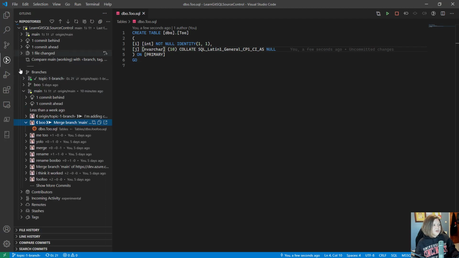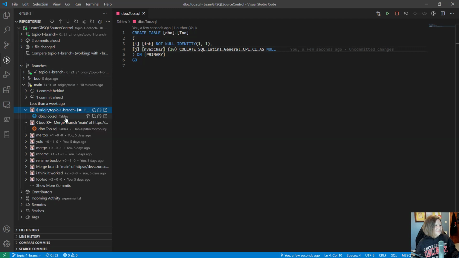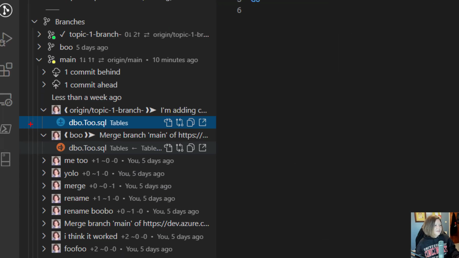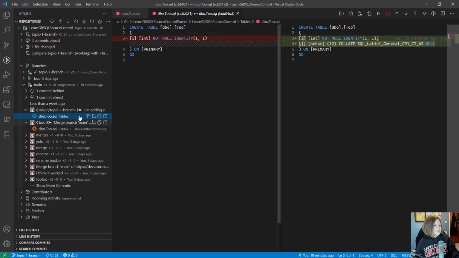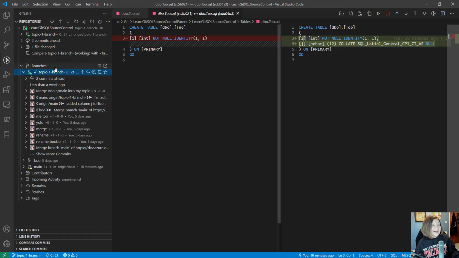All right, so if you're ever curious what's happened, I often get confused about what I've done. Anyway, the GitLens extension is really, really nice in terms of helping you step through the history of things. So we can look at the history of this here. What does this say? dbo.to, where this was where that happened. Oh, actually, this is the main branch here. I am in my topic branch. So I'm looking right now at the history of main